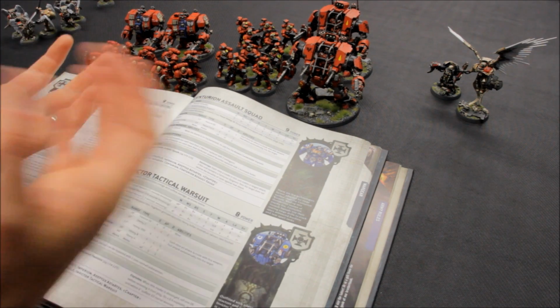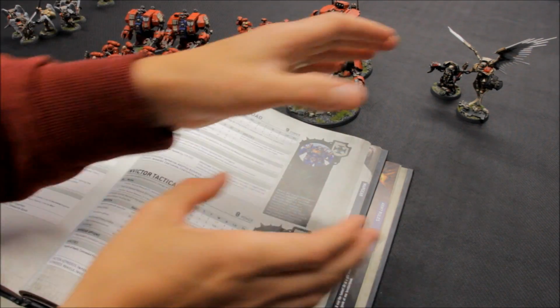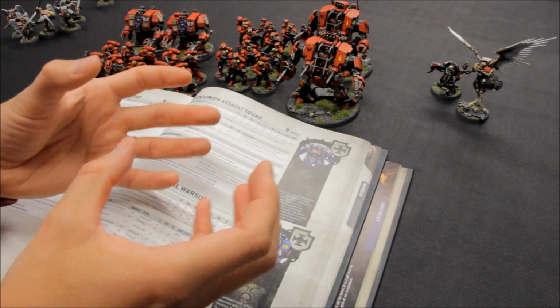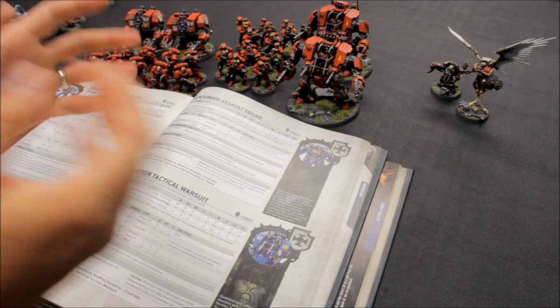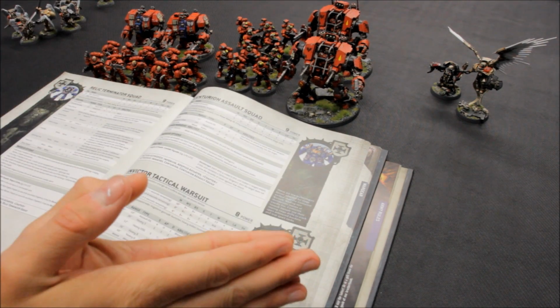But see, I love the philosophy behind these. The strong deep strike. We'll see the units to come in just a moment. But the strong deep strike element, where they're going to land, the fear of them landing, the reliability of their charge, and so on. But the downside is that half your army is off the table, and the way in